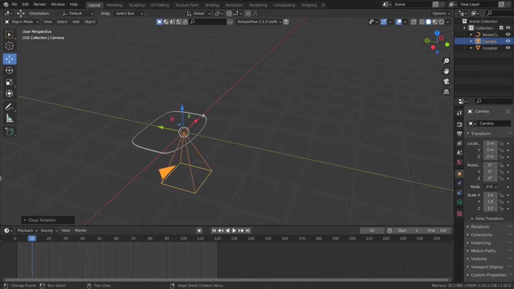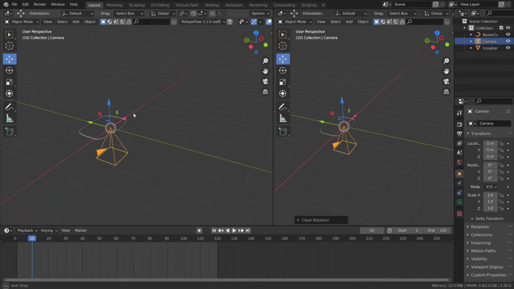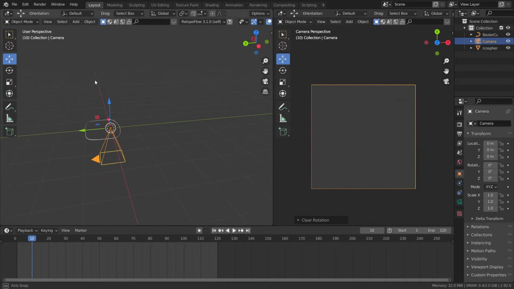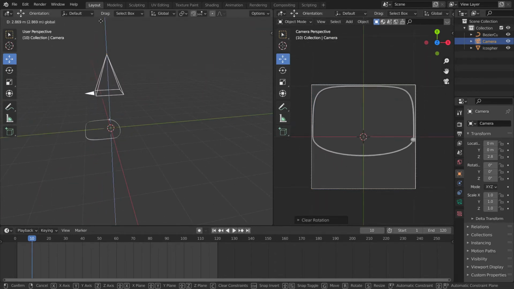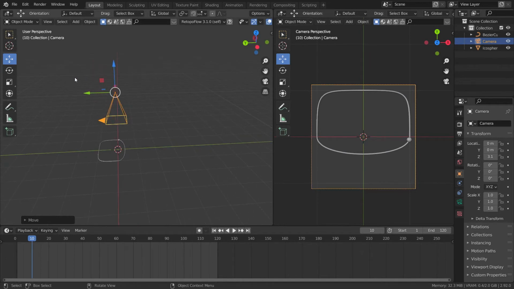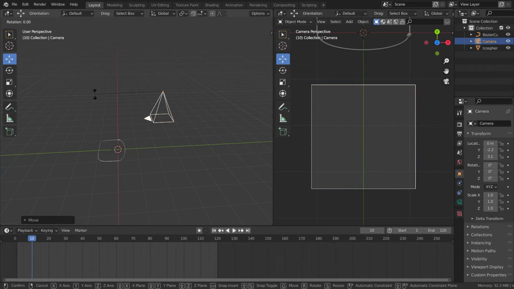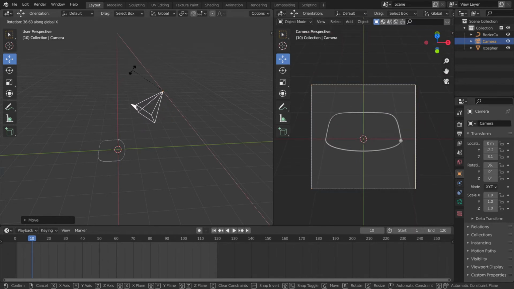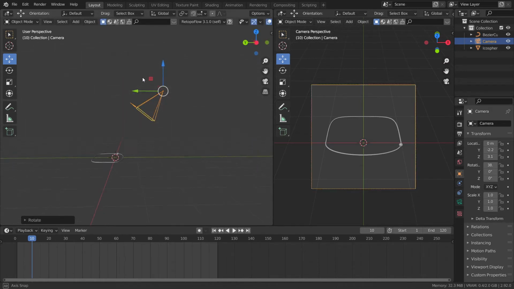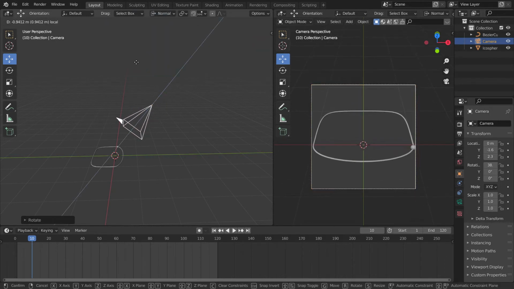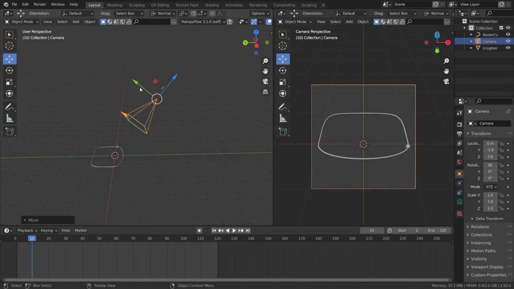Now what I will do is split my screen into two and press 0 in the screen to go into the camera view mode. Then I will grab my camera up, grab it behind on the y-axis, and rotate it on X with R and X. Now as you can see on the left side, I got my view to the object, and from here I can go into the normals and plug my camera to near over there.